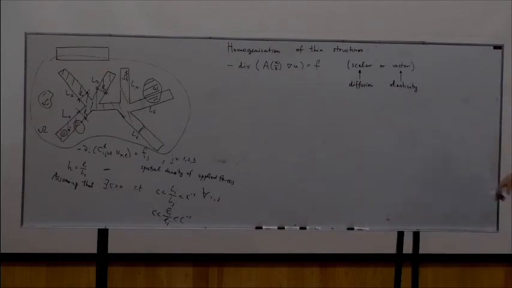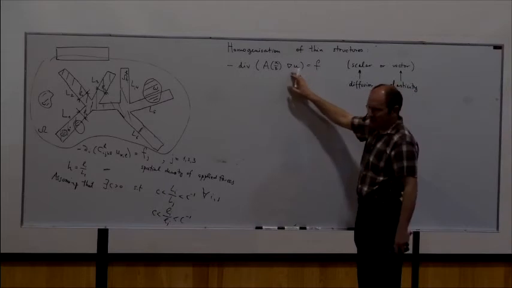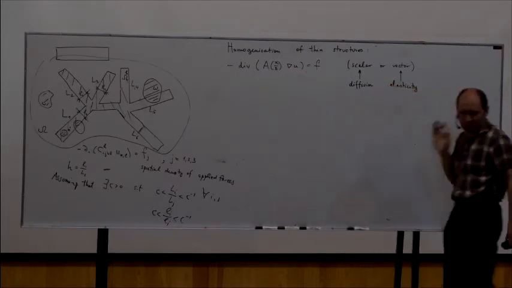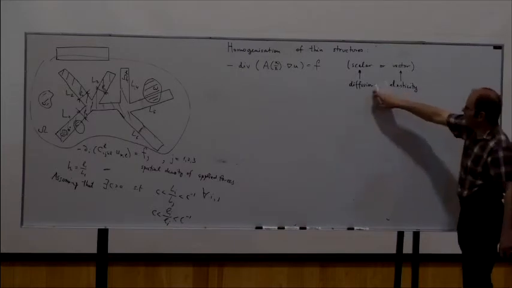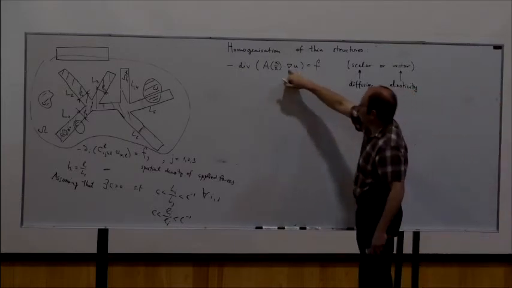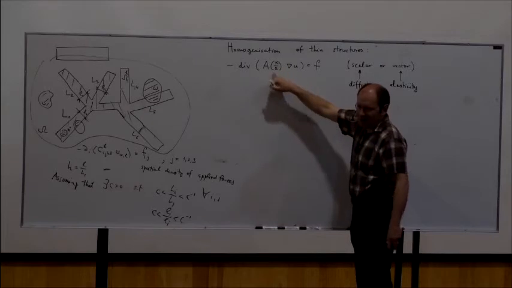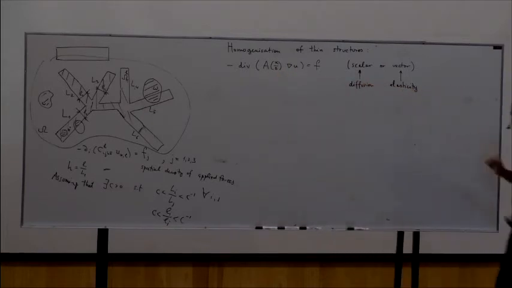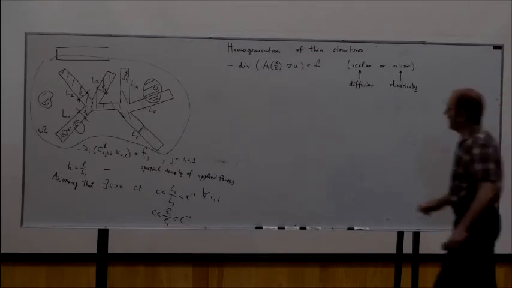I don't need to be specific about whether U and F are scalars or vectors. Or you can think of a diffusion equation, and U is a scalar, this is a vector, this is a matrix. Matrix times vector gives you a vector, then you take divergence, you get a scalar, right? So, right, and